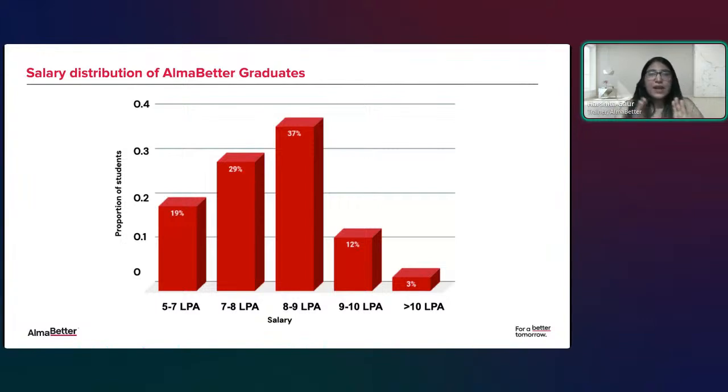If you are planning for certification in full stack web development, then the minimum package we are guaranteeing you is that no company will offer you less than 5 LPA on our platform. This is the guaranteed package we provide you in writing. Okay, but this is the minimum package. Now it depends on how well you give the interview. The targeted packages which students are taking here right now are 8 to 9 LPA. This is the average package which people are getting.